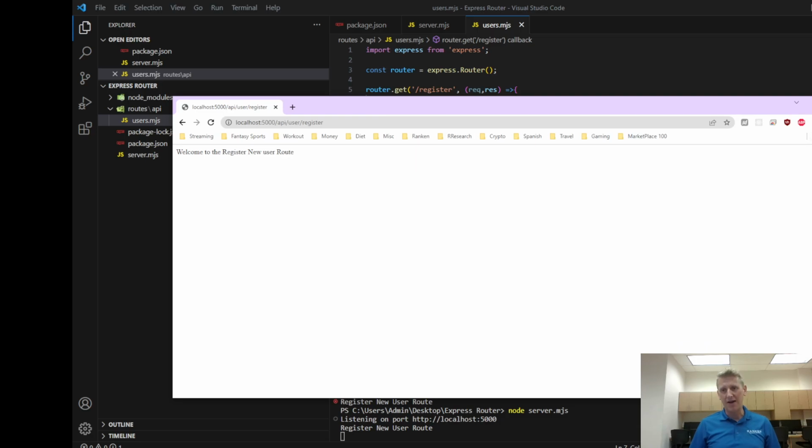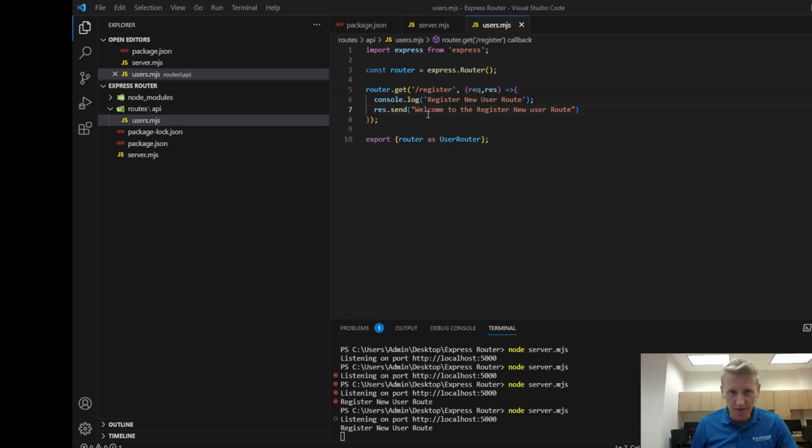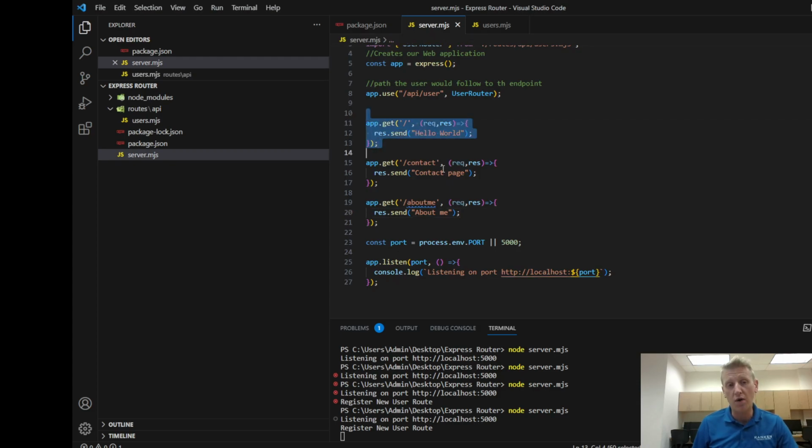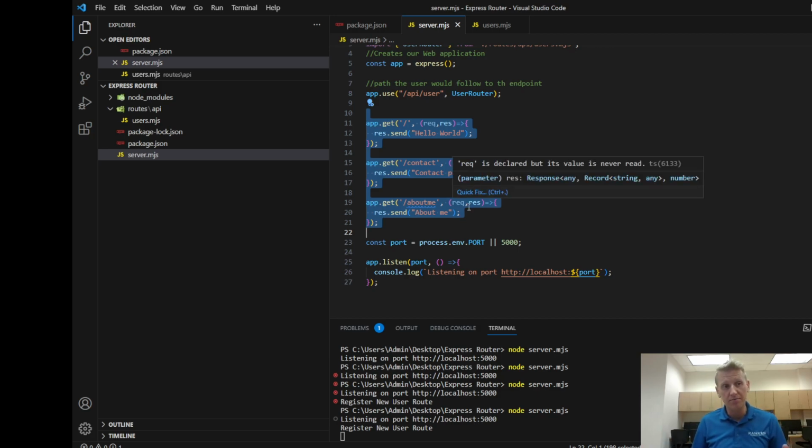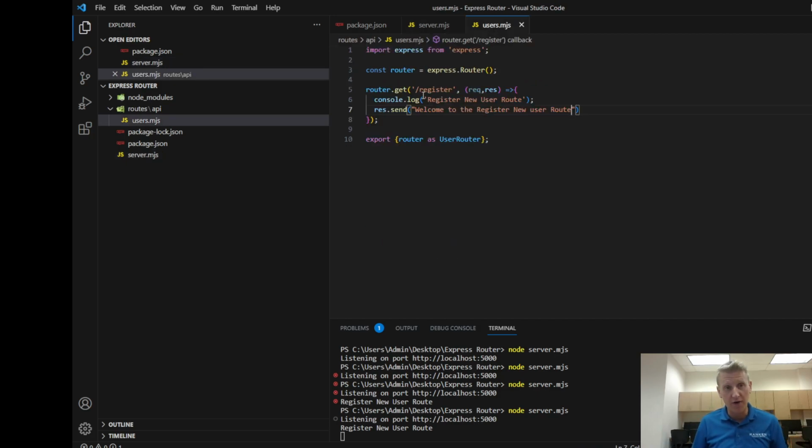You might go, okay, I'm confused. Why are we doing this router? Again, it just boils back to you really don't want a server.js file that is overly cluttered with routes. You want to kind of extract those routes out into their own files, and then therefore every route